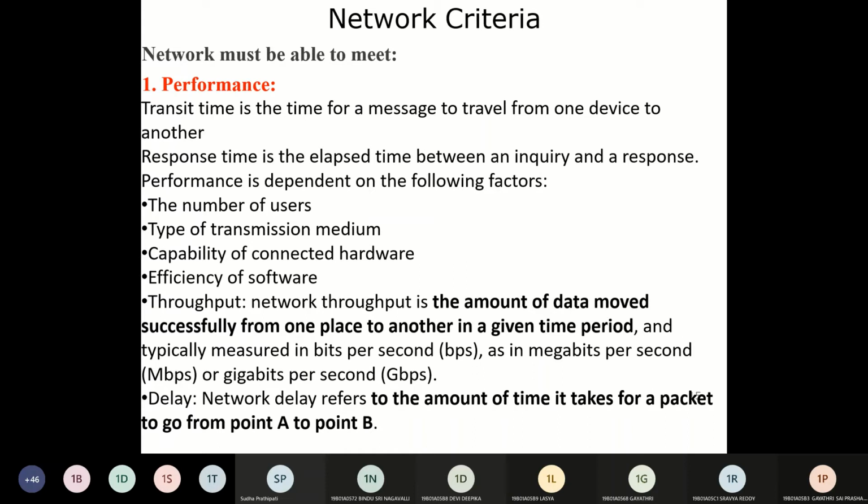If it is more than 20 milliseconds, then the audio packet becomes useless. So the jitter should always be between like 15 to 20 milliseconds, not more than that. So the delay is also very important. If there is more delay, then maybe there is congestion or many other things which will affect the network performance. So these are all the things that need to be measured for knowing how good the network is.